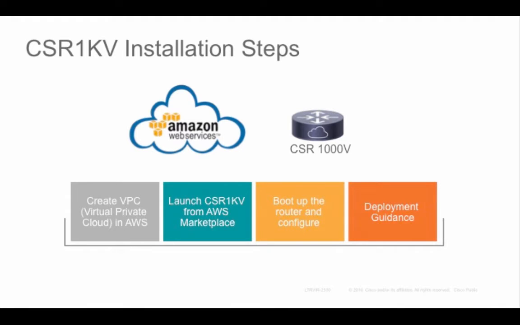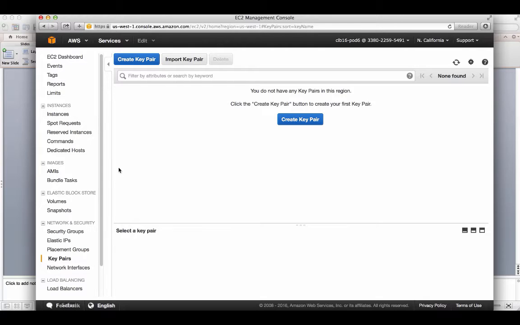The first, you have to create a virtual private cloud in the AWS. Second, launch the CSR1000V routers from AWS Marketplace. The third is boot up the instance and configure the routers. And at last, I will give you some guidance on how to deploy the routers. Okay, let's go back to the